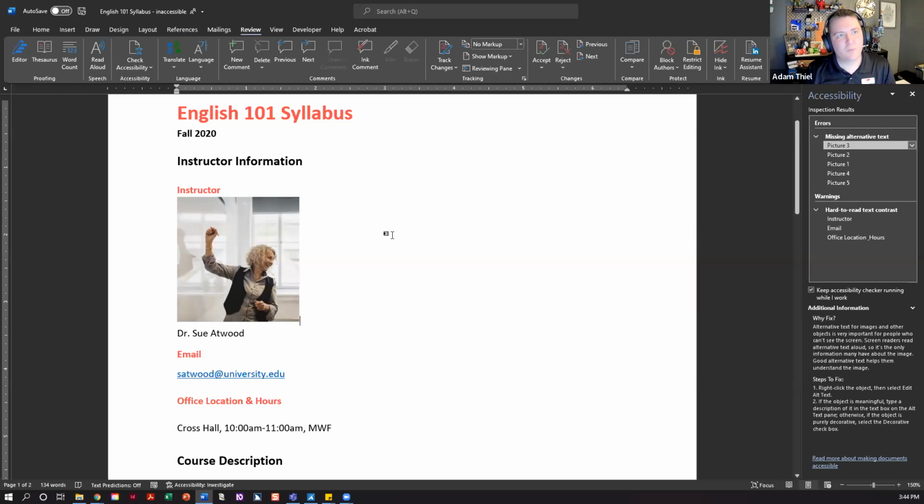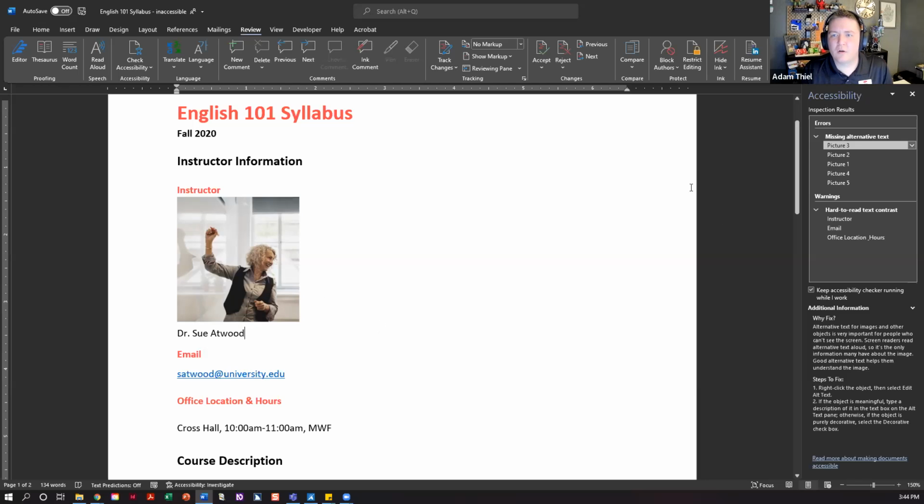And so unfortunately, this is probably the most subjective thing that I deal with in regards to accessibility. It's very hard to know if you've got it right. You have to kind of just learn what feels right for your document and for the context of the image.